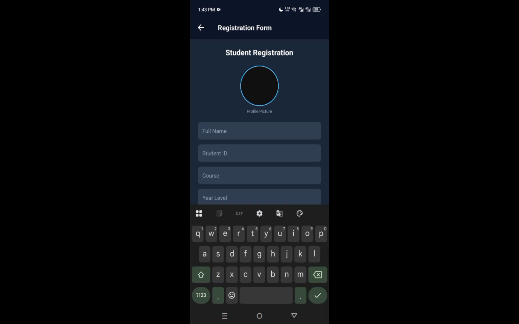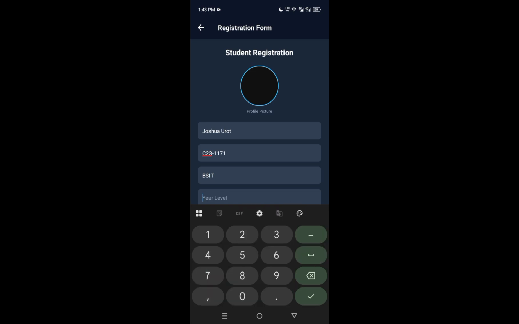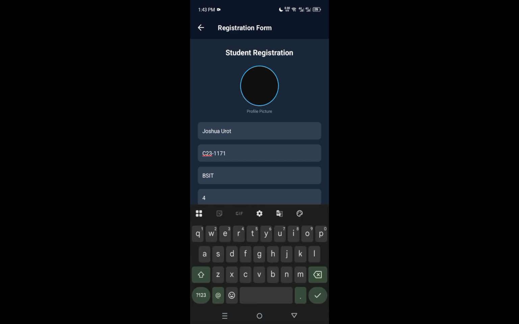So let's fill it up. Full name, student ID, the course, year level, fourth year, and then the email address,